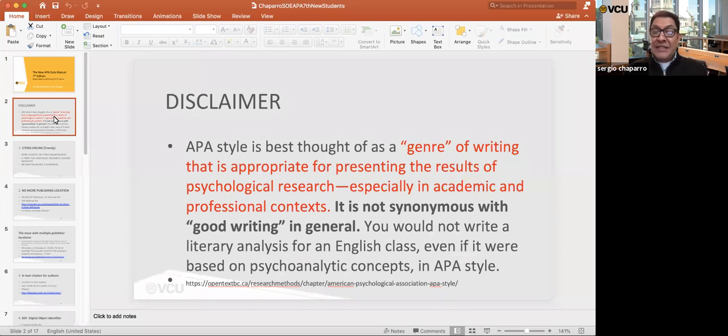I inserted here a disclaimer, which I always call attention to because it will help you illuminate the reasons for a citation style. Some of the major changes that are happening now, and I strongly encourage you to consult with your faculty member at any time about which edition to use.